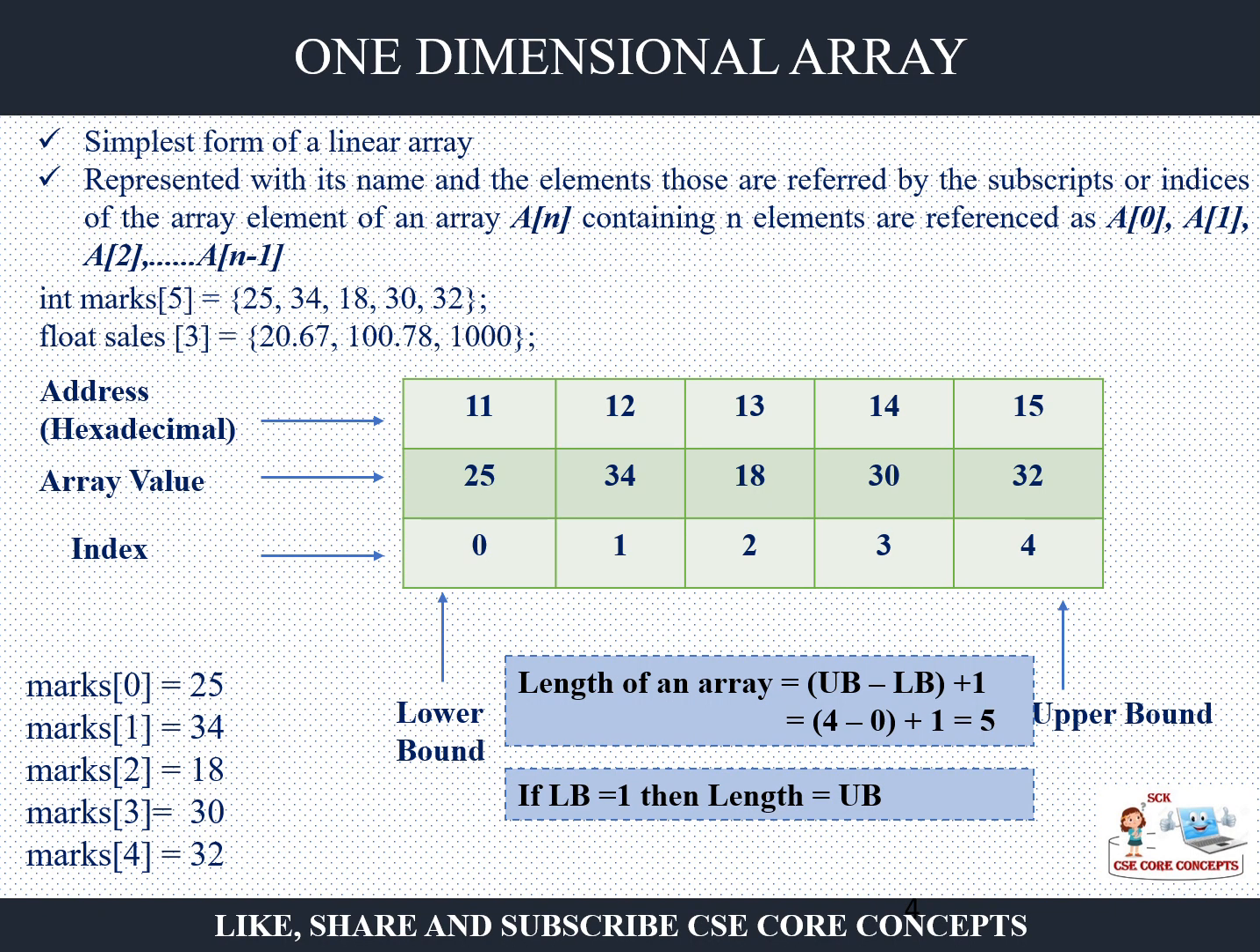bound plus 1. My upper bound here is 4, lower bound is 0, plus 1 is 5. So the length of my array is 5. If my lower bound is 1, that is, if I start the array index from 1, then the length will be equal to the upper bound. That means if I have started the index from 1 till 5, then the length of the array would